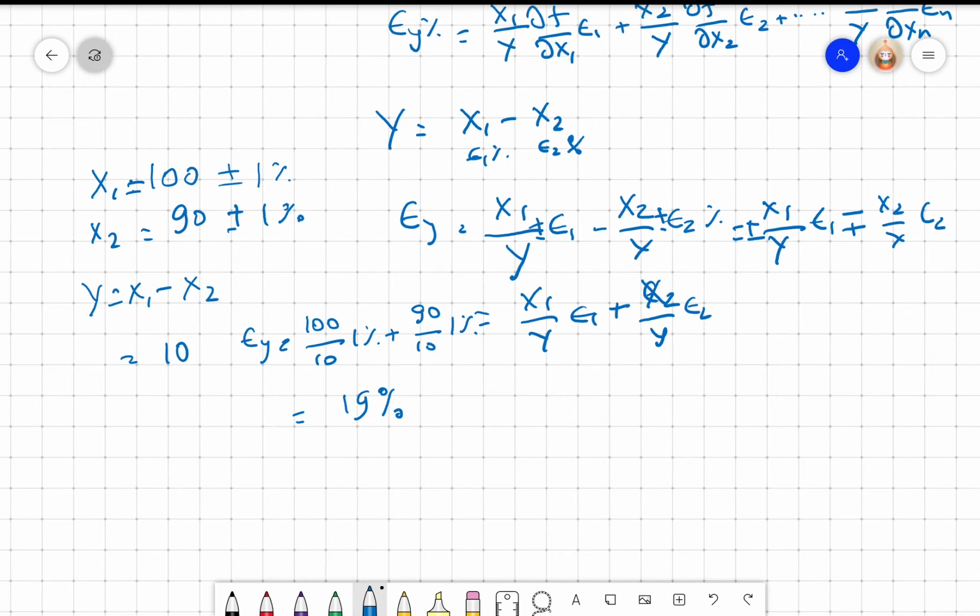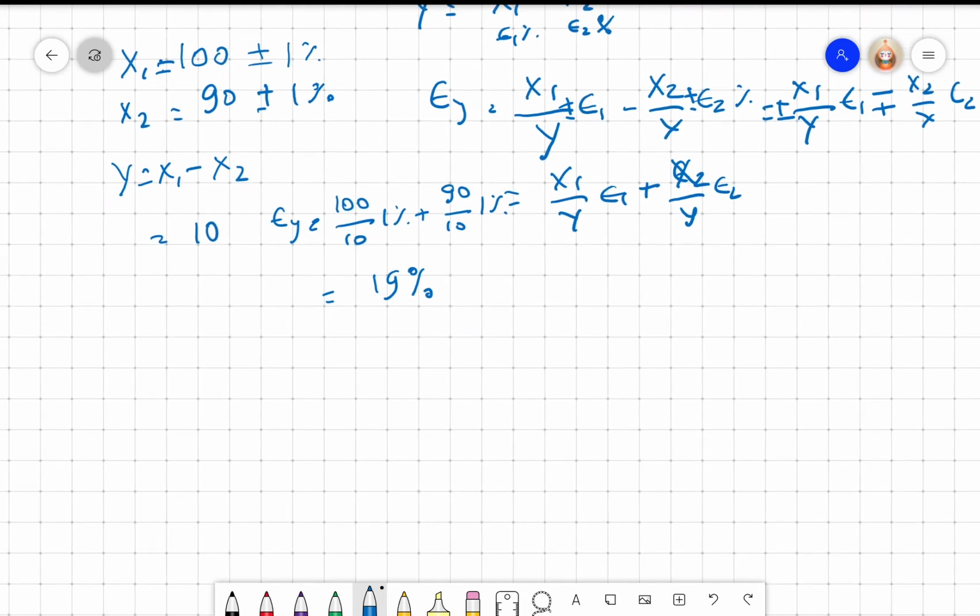right? So even though I have measured x1 and x2 with 1% accuracy, the moment I do x1 minus x2, my result's worst case error could be 19%. So the moral of the story is, if you have to subtract two quantities, do not measure and subtract, subtract and measure, right? I can subtract x1, x2 and then measure it. Even with a 5% accuracy, that's better than 19%,